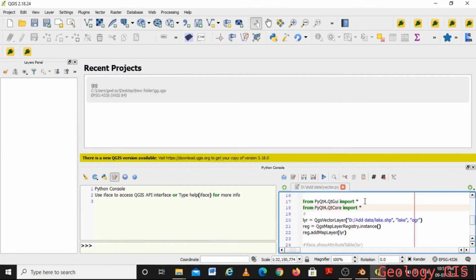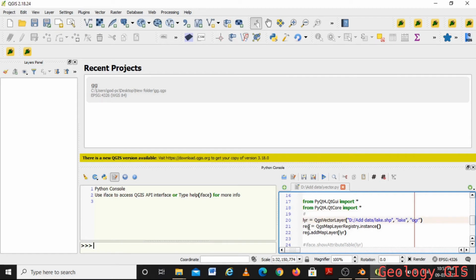In the third method, we are going to import some models, and the same steps are added in the form of variables. Like I'm going to call it as a layer as we did before. QGIS vector layer, what is the path, what is the name of the lake, and what is the format.